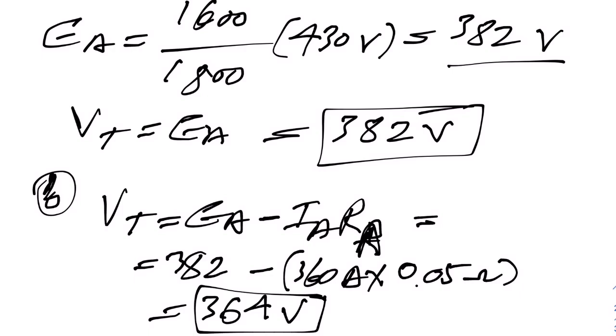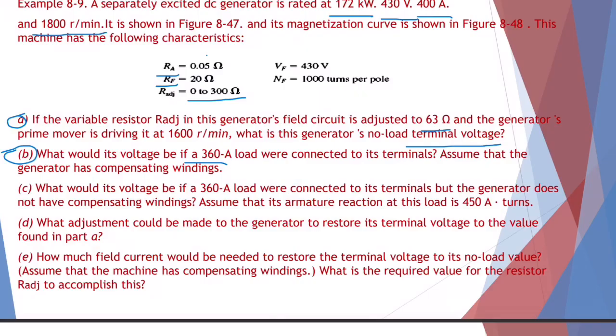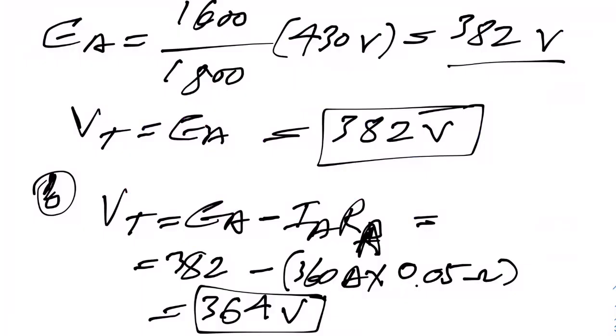Okay, guys, now part C: what would its voltage be if a 360 ampere load were connected to its terminals, but the generator does not have compensating windings? Assume that its armature reaction at this load is 450 ampere-turns. Okay, now for C, if a 360 ampere load were connected to this generator's terminals and the generator had 450 ampere-turns,